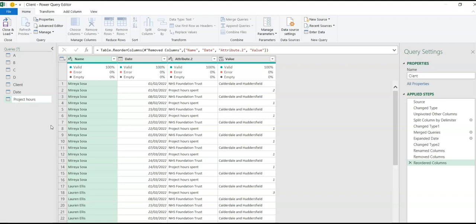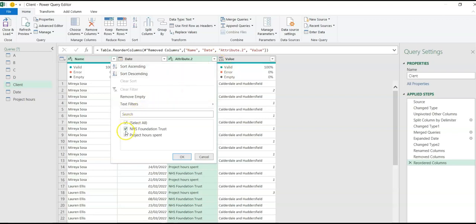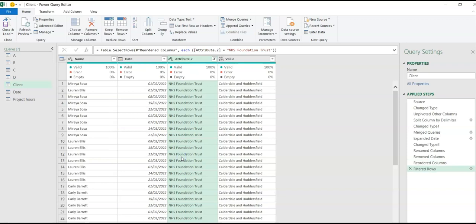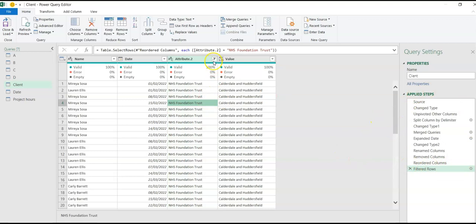Okay, let's start working on client. So here we want to filter down to the client. So all these are the clients now. Now remember, in Power Query all our steps are being recorded, so that's one aspect of Power Query that's very useful. Now we have all the clients here.